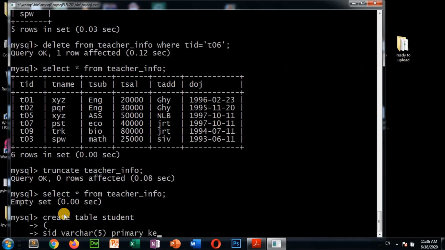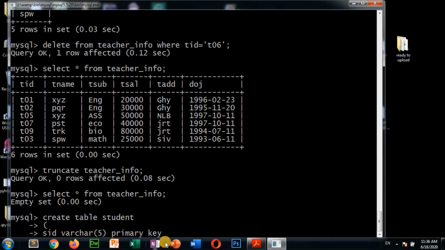As already we have discussed, the primary key means what? That uniquely identifies a record in a table. That SID can uniquely identify a student record. So here in this table, see TID can uniquely identify, if you want T01's record, that means it uniquely identifies the record, because no duplicate T01 is there in this list. So like that, SID is the unique field.